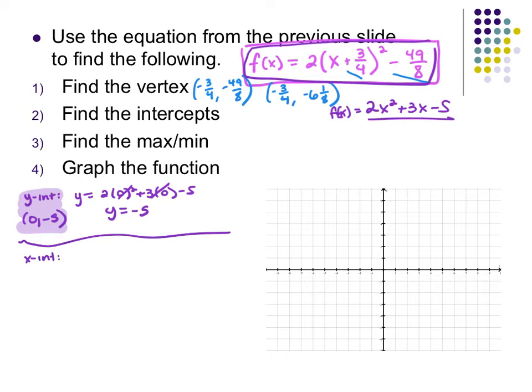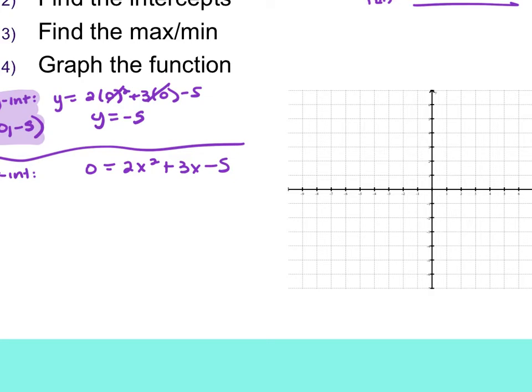Also probably easier if you're good at factoring from the beginning. If not, this gets ugly. It can be done, so maybe I'll show that to you in a second. But if I have 0 equals 2x squared plus 3x minus 5, I can find the factors of 2 times